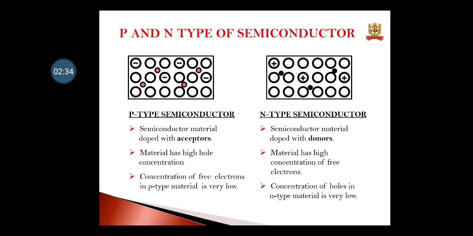So there are a large number of electrons in n type semiconductors and few holes. As you can see here, the electrons are shown by black dots and the holes are shown by